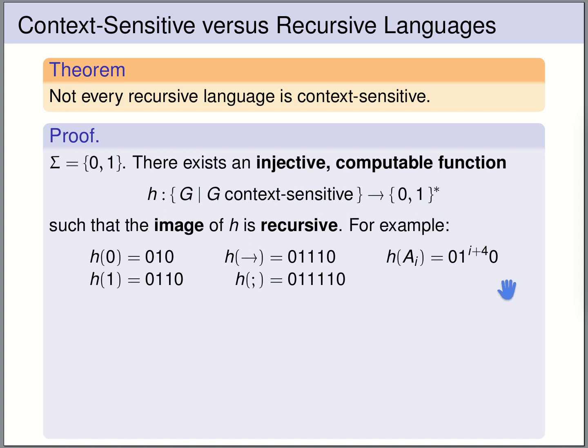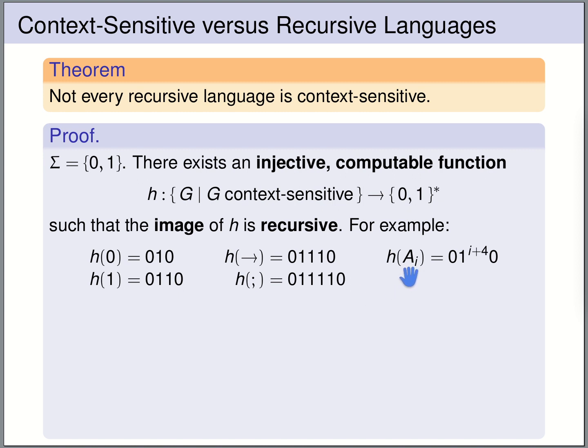One way to achieve this notation is given here. So the idea is that we denote the terminal letter 0 by 010. We denote the terminal letter 1 by 0110. So every code of a single symbol that we use always starts with a 0, then a certain number of ones, and then 0 again. So the terminal letter 0 corresponds to a single one, the terminal letter 1 to 2 ones, an arrow we use 3 ones, the semicolon for separating different rules of a grammar we use 4 ones,